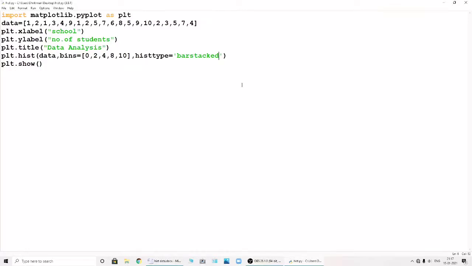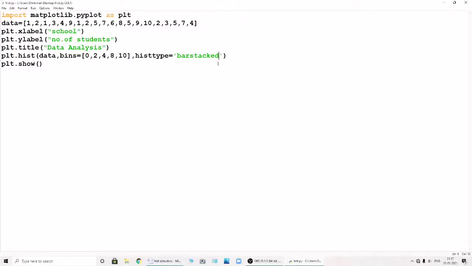Now the last part that is left is orientation. If I want to change the orientation, see here: by default it is in vertical form.